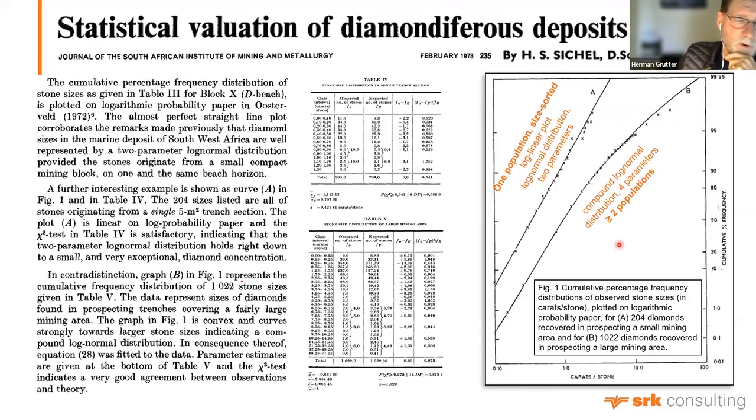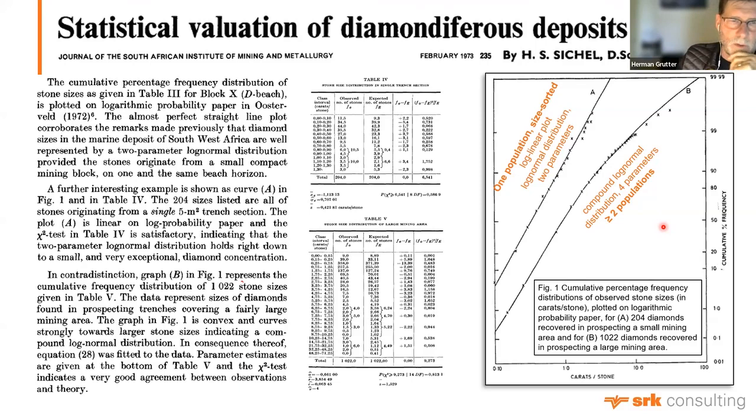A lot of us have forgotten about the fact that this exists, and that we have the capacity to describe multi-population diamond data sets. And it's right there in a paper in 1973 that was commissioned by Anglo American. So, as a result of reading this paper and paying a little bit of attention to what is being said here,